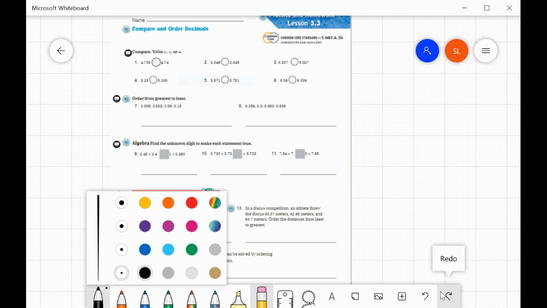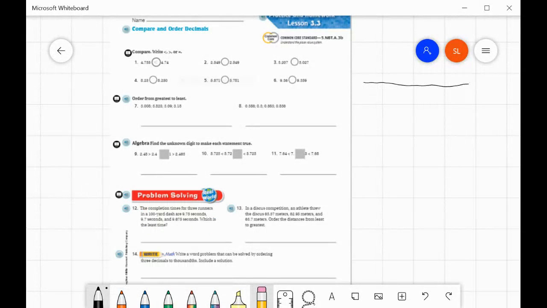All right, you need to turn in your math journal to page 167, and we are going to talk about comparing and ordering decimals. Before we actually start doing the page, you are probably going to want to have a piece of paper off to the side where you can create a little chart. And your chart is basically going to be